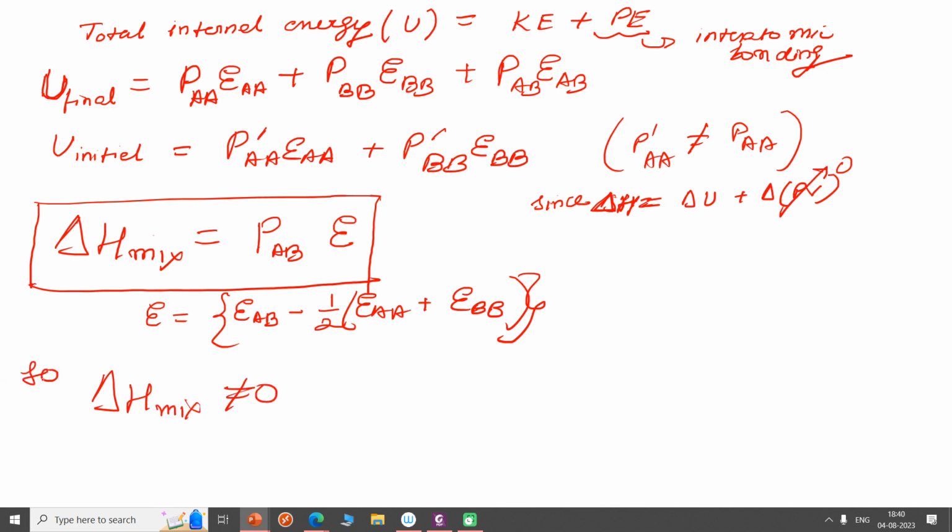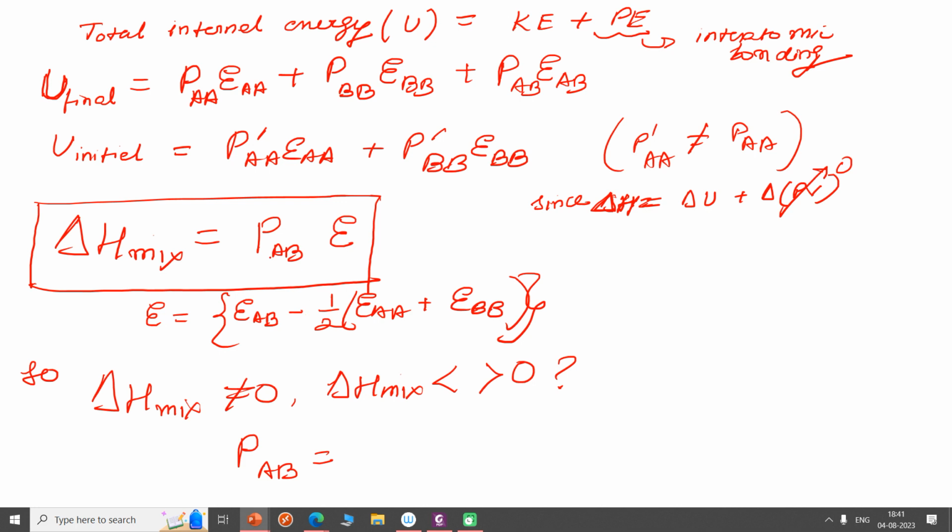So this is non-zero. So which sign is my delta H mix? Is it greater than 0 or less than 0? We don't know. That actually depends on the sign parameter. Okay, so what is that? We'll see. So this PAB term,